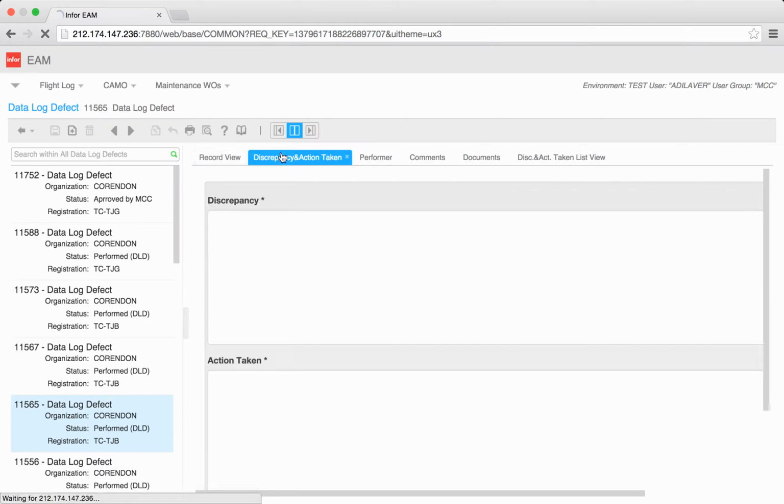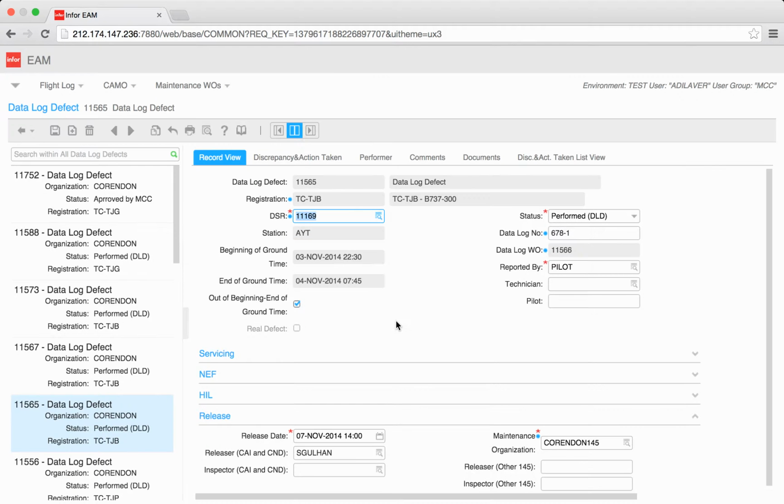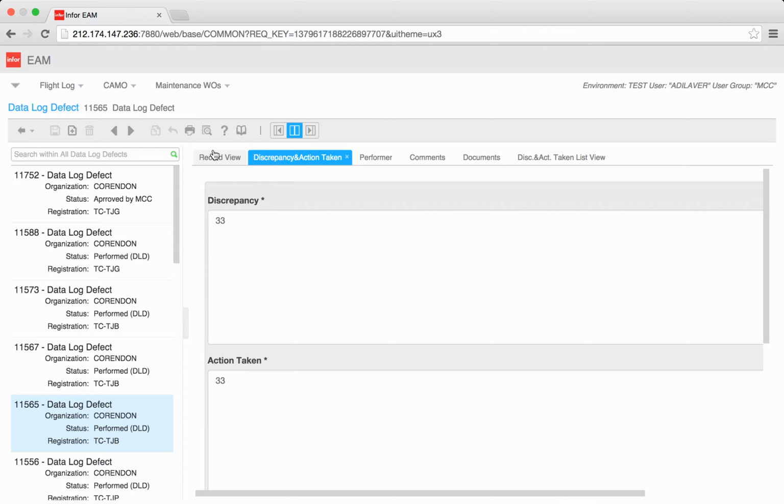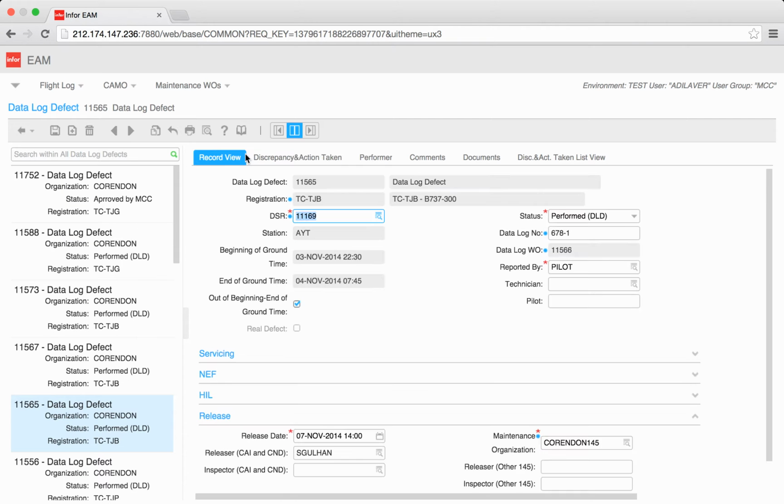So without discrepancy action taken information, it doesn't have any meaning to send an empty information table to the related departments. So you have to fill this linking and release information at first, and after that come to the discrepancy action taken, fill it, and after that you have the right to link it with any other work order, like servicing any